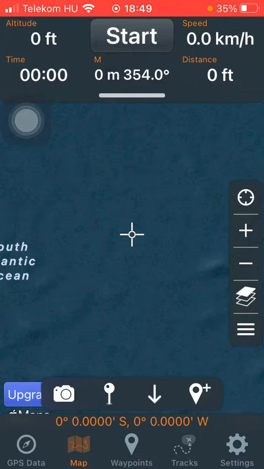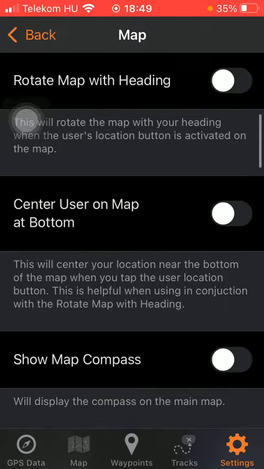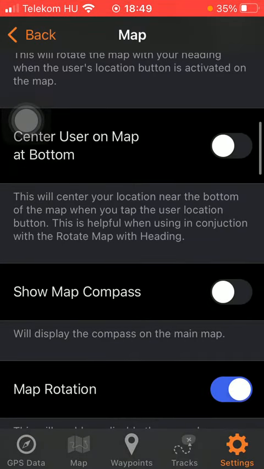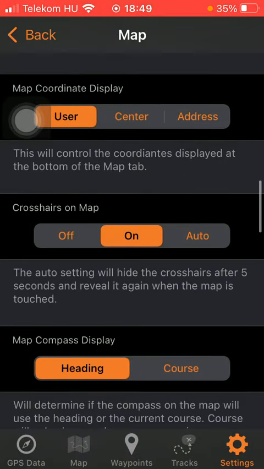First of all, open the app on your phone. Then tap on the settings button down below in the right side corner and click on map. Then you should scroll down until you find the show map compass feature, meaning that it will display the compass on the main map. So tap on this button,